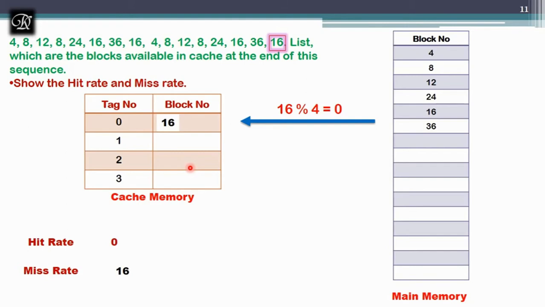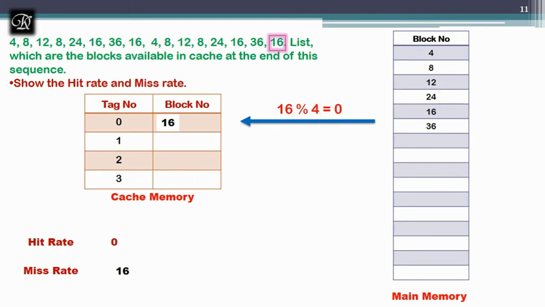So this is the major drawback of direct mapping, which I called conflict miss, or we have called capacity miss. Even though we have the capacity to store the remaining blocks contiguously, we could not, because of the direct mapping modulus technique. But it is easy to implement. There is no big trick required over here.